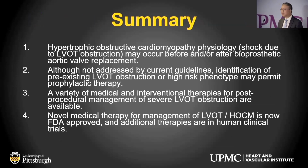So I'd like to just recap what we've covered over the past few minutes: in rare cases, LVOT, HOCM physiology may occur either before or after aortic valve replacement. There's an evidence-free zone, but there's definitely a lot of anecdotal data and expert opinion regarding how to manage this, and I think working as part of our heart team is important for that. And then finally, there